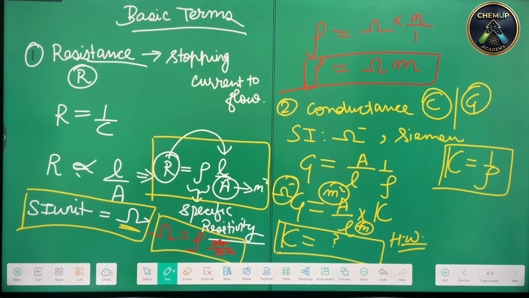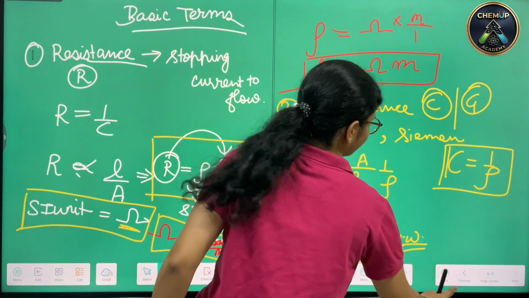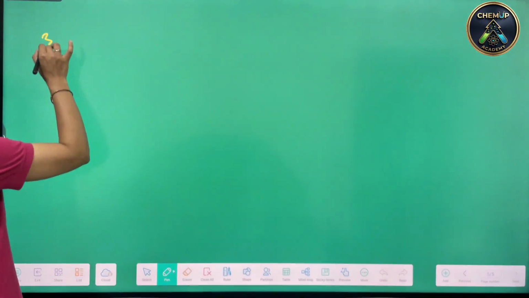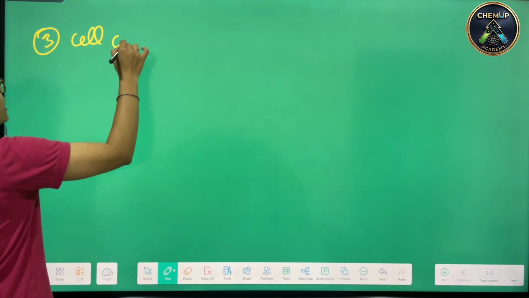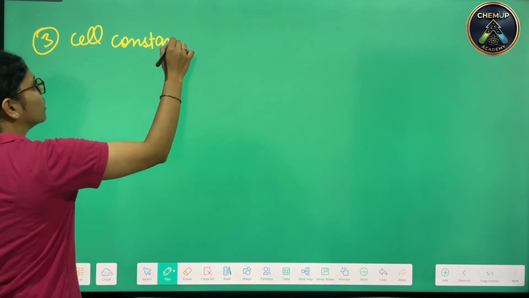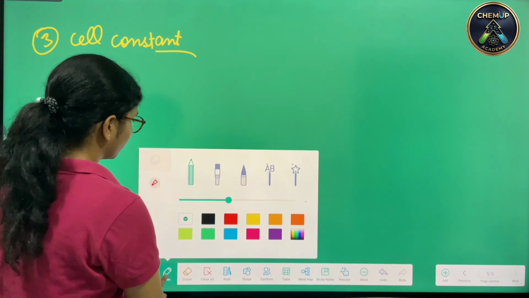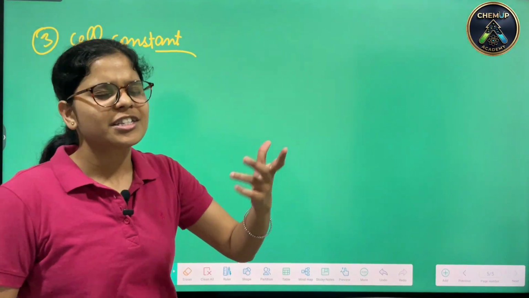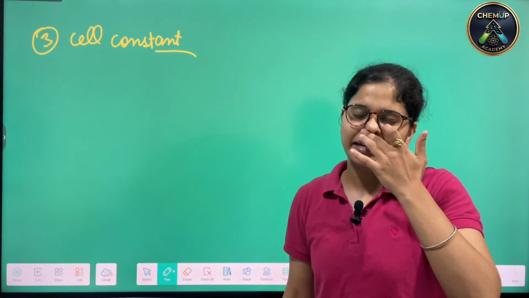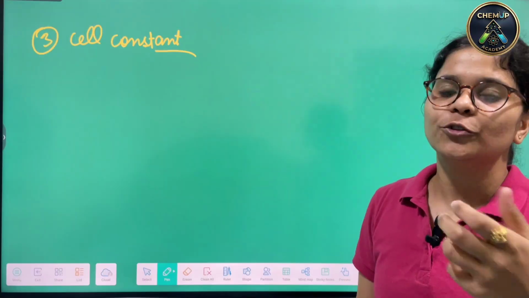Coming on to the next topic, another thing that we have over here is cell constant. Third one it will be. Third one says cell constant. बचपन में whenever you must have studied the first time electrochemistry, conductivity, conductance, ionic equilibrium and all those topics,